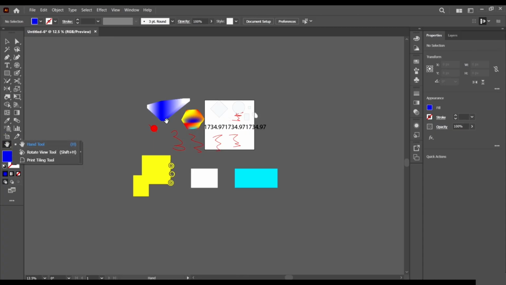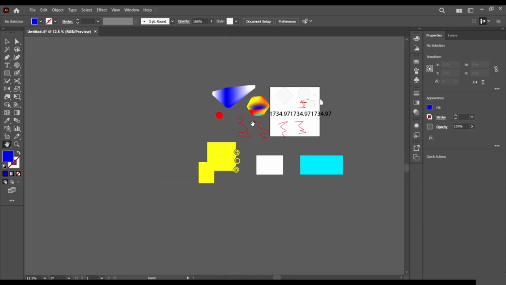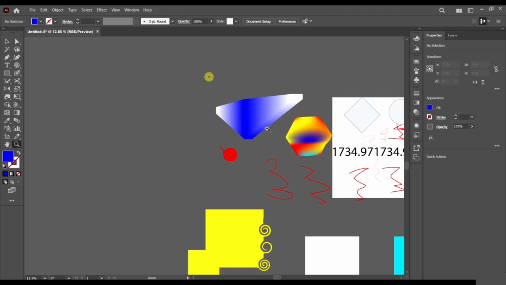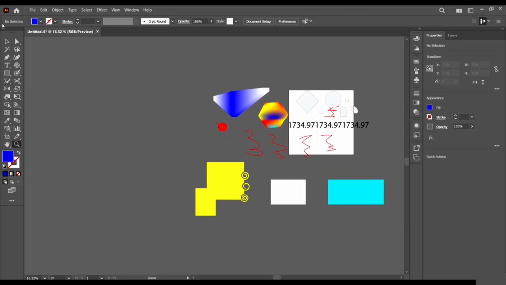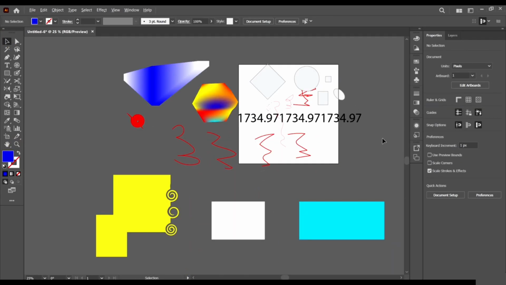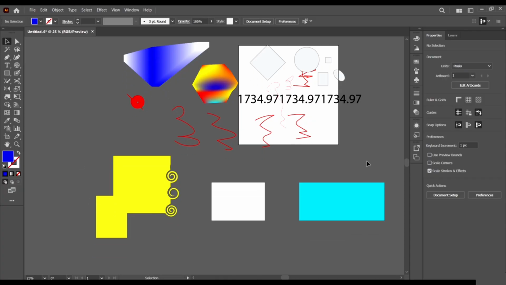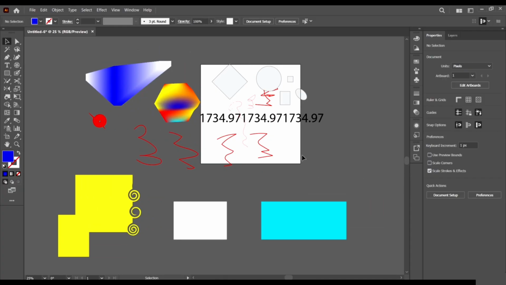We have the hand tool, which is used to navigate around like this, and the zoom tool, which is used to zoom in and out. This is just a refresh to your memory once more. And in the subsequent lectures, like I said, we're going to work with these individual tools and learn very advanced ways of doing things with them.